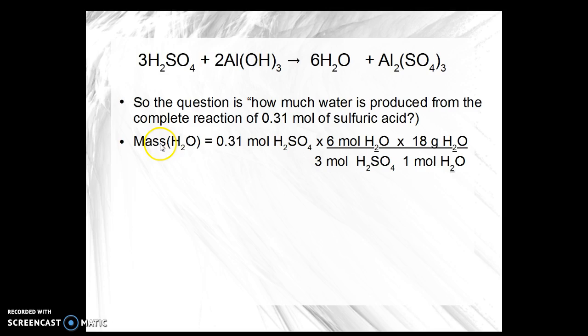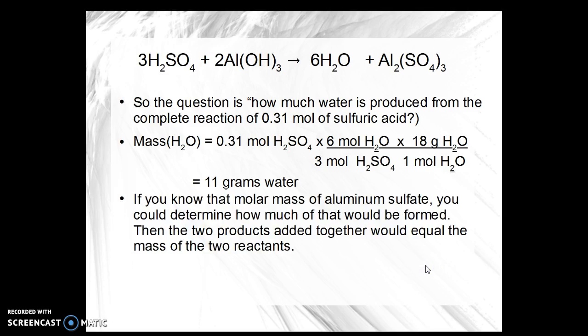So we solve for the mass of water, that's 0.31 moles of sulfuric acid, times the ratio 6 moles of water per 3 moles of sulfuric acid. We then multiply by the molar mass of water, 18 grams, to get back out of the mole hole, and we get 11 grams of water